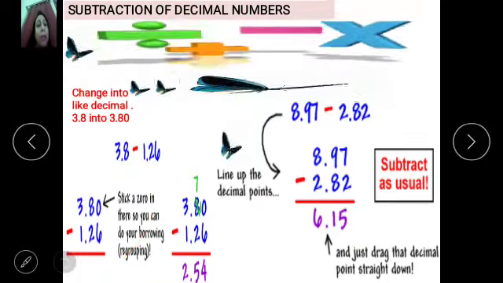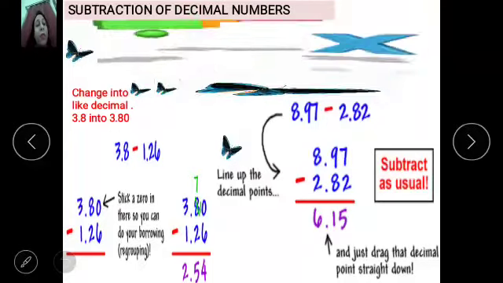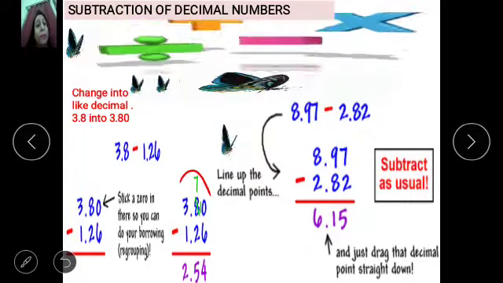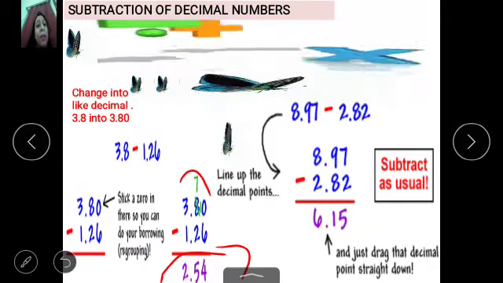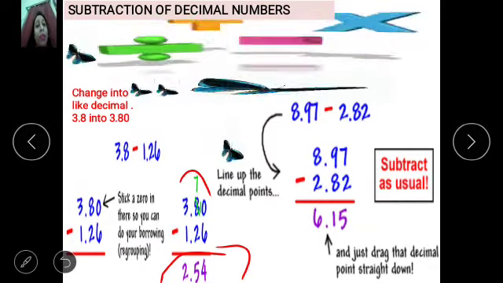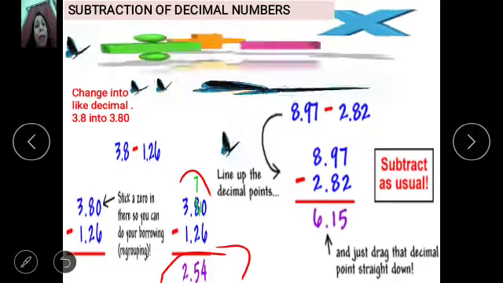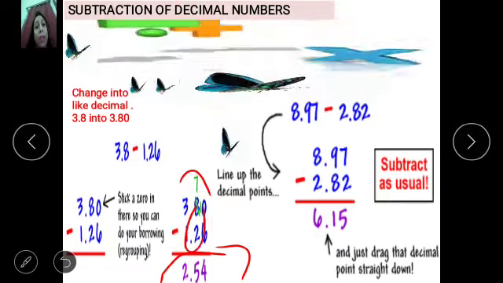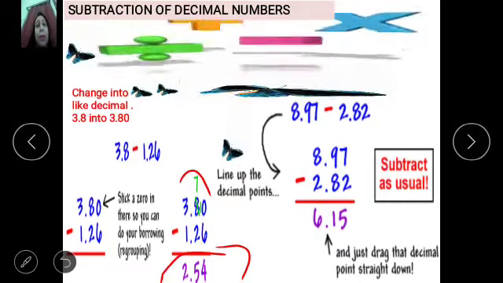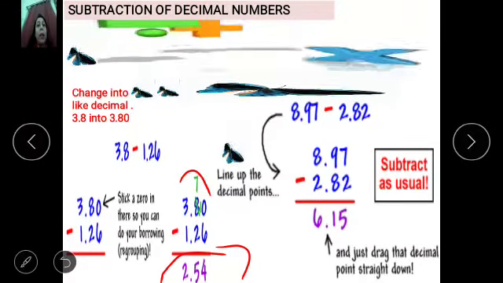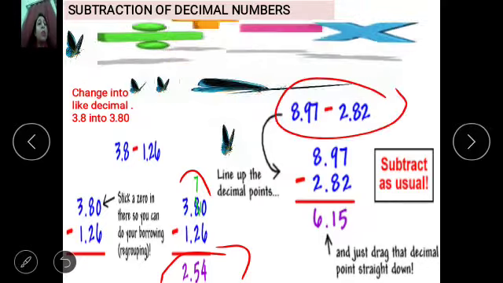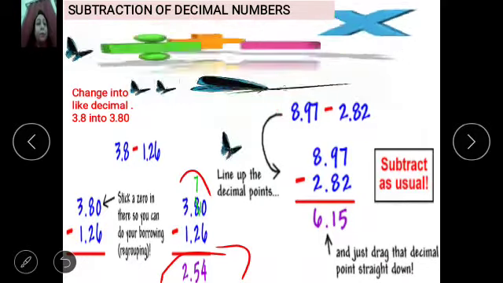Then you subtract. So here 0 is present, so I borrow 1. 10 minus 6, 4. You just check over there. Then 7 minus 2, 5. And 3 minus 1, 2. And in between you just give this decimal point. Like that you have to do. One more example I have taken. So 8.97 minus 2.82. Is that clear?